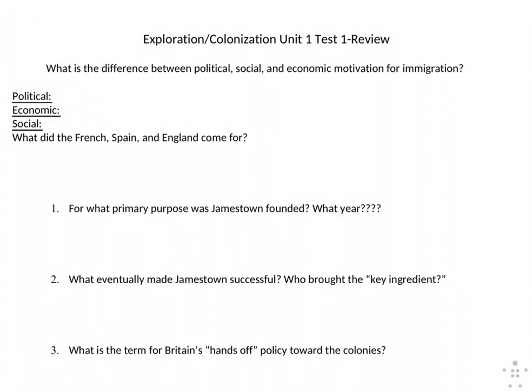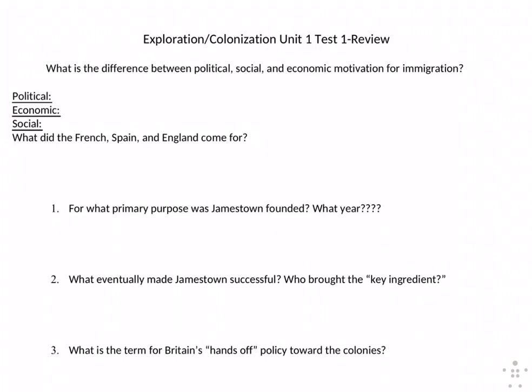Next one, economics. The very first thing you should think about is money. Economics is more than money. It's like what to produce, how to produce it, and who gets it, your different goods and services, your different labor as well. But automatically, the number one word that should come to your mind is economics is money. So how do they make their money? Social. Social relates to society. Whenever we're talking about society, we're talking about their religion, their culture traits, their food, anything that has to do with a specific group of people. We're talking about their social values.